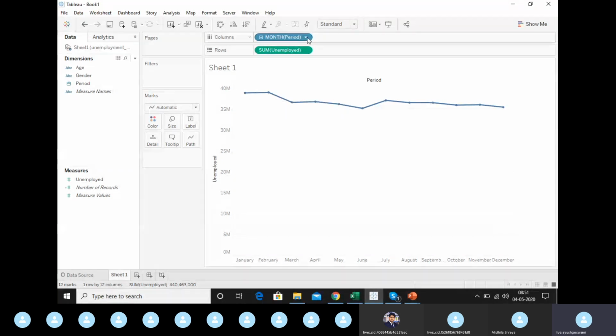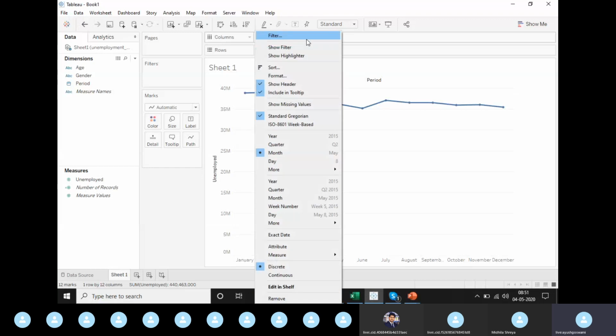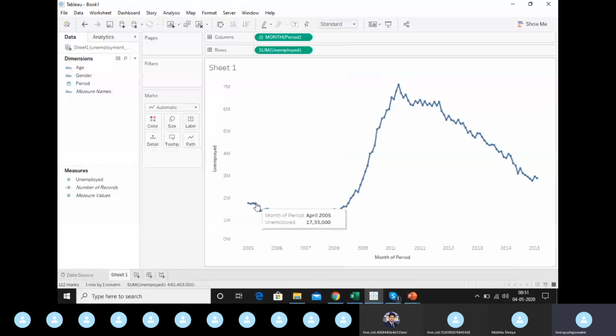So it seems that we can do some kind of analysis here, and we feel that for every month we have a data point plotted onto our graph now, right? And since you are able to see that this sum function is applied over it, it is automatically summing all the values out there by using this function. So be it unemployed data of female, or for male, it has summed it all here, and it has posted a consolidated value for each month, right?